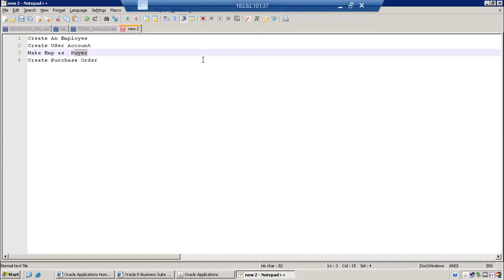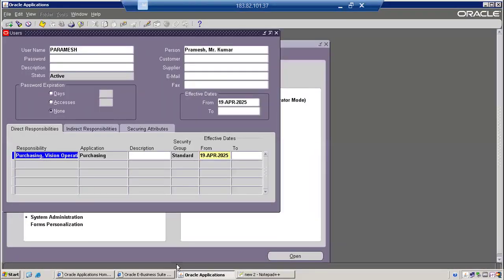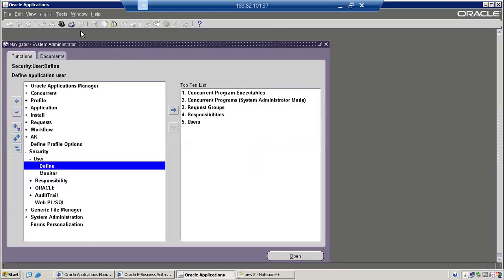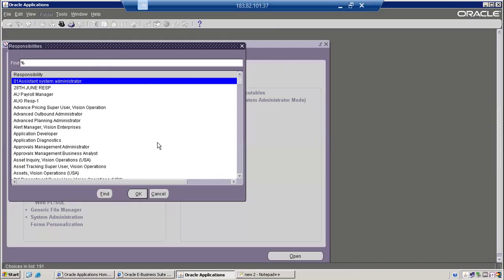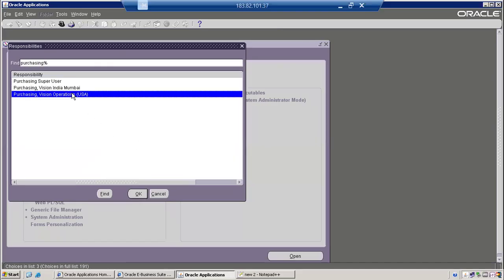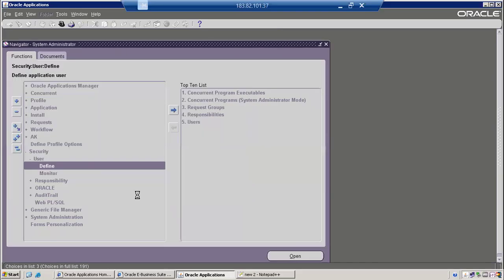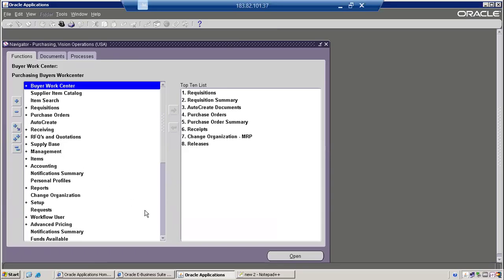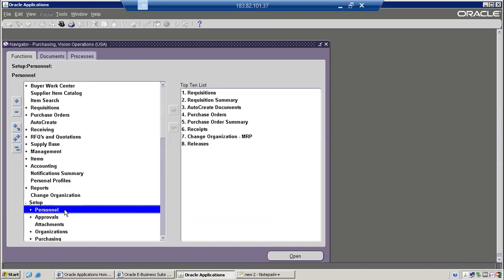Right. So now I want to make this Paramesh a buyer. Otherwise, he cannot create a purchase order. So that's what I'm going to do now. Let's make him a buyer. Go to the purchasing responsibility. Here only we make the employee a buyer. Employee as buyer. Go to setup, personnel,